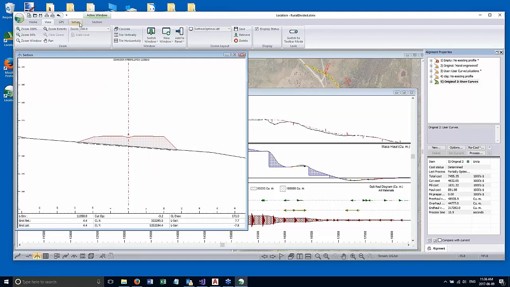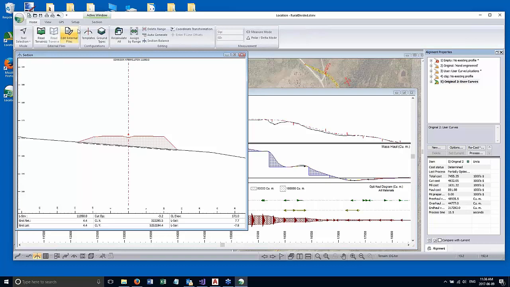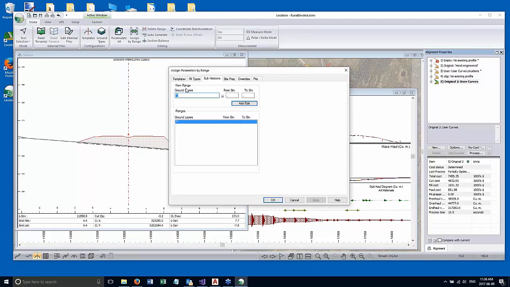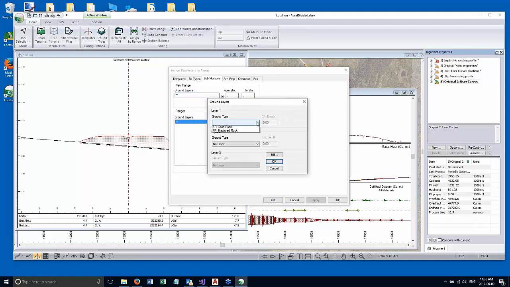If I wanted, I could assign some layers below ground. So I could, for instance, take overburden and put it on top of solid rock and give it a depth. So I got 2 meters of overburden on top of solid rock,